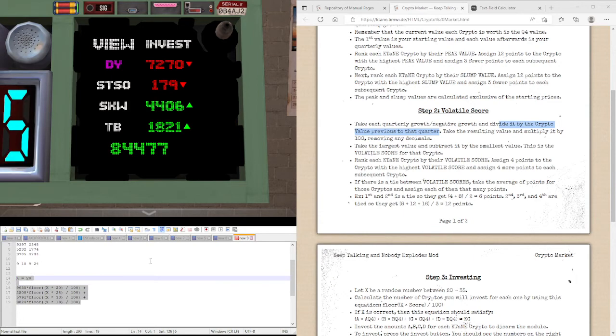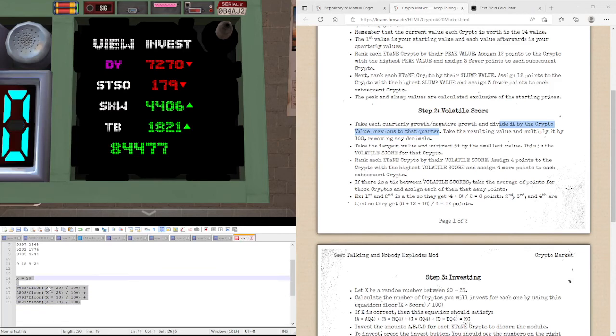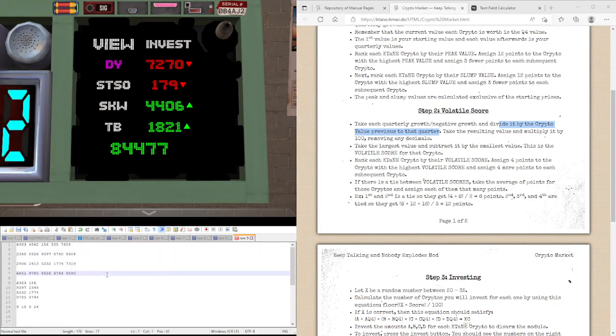Now I'm going to put this back into the digital calculator. I'm going to do the division on my calculator because I prefer doing it on there. So we're going to take each of these values, and I'm going to space them out to make it a bit more obvious. So we're taking the change for the top one, which is negative 7270 over 7605 times 100. Our first percentage change is negative